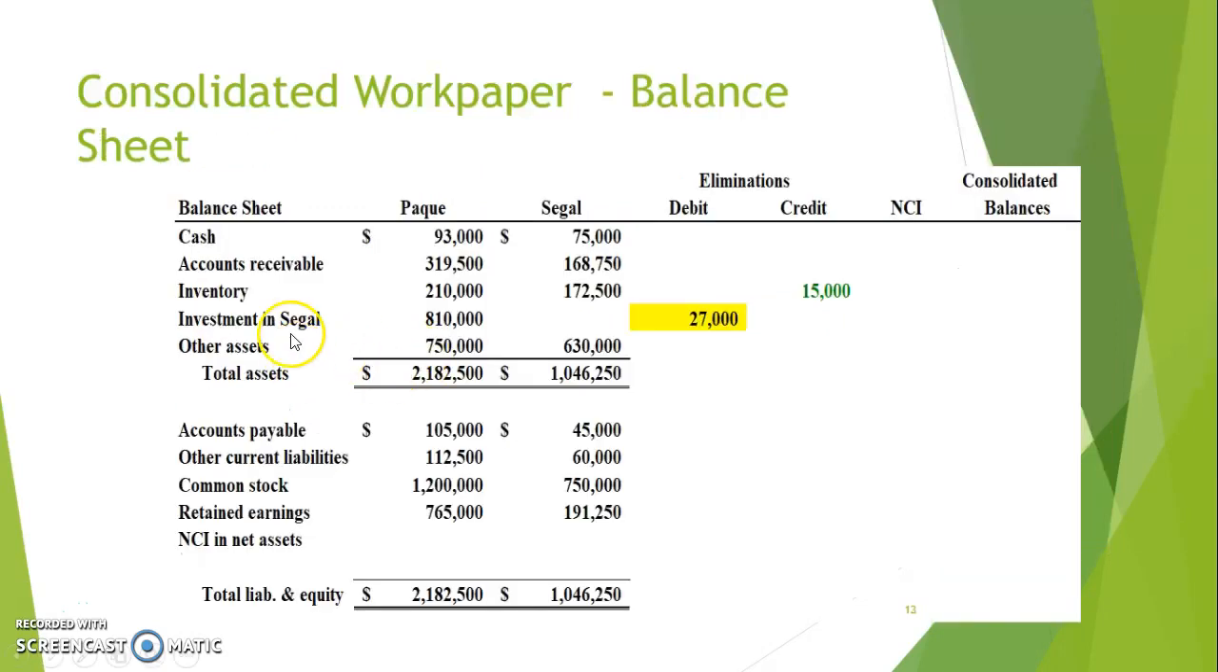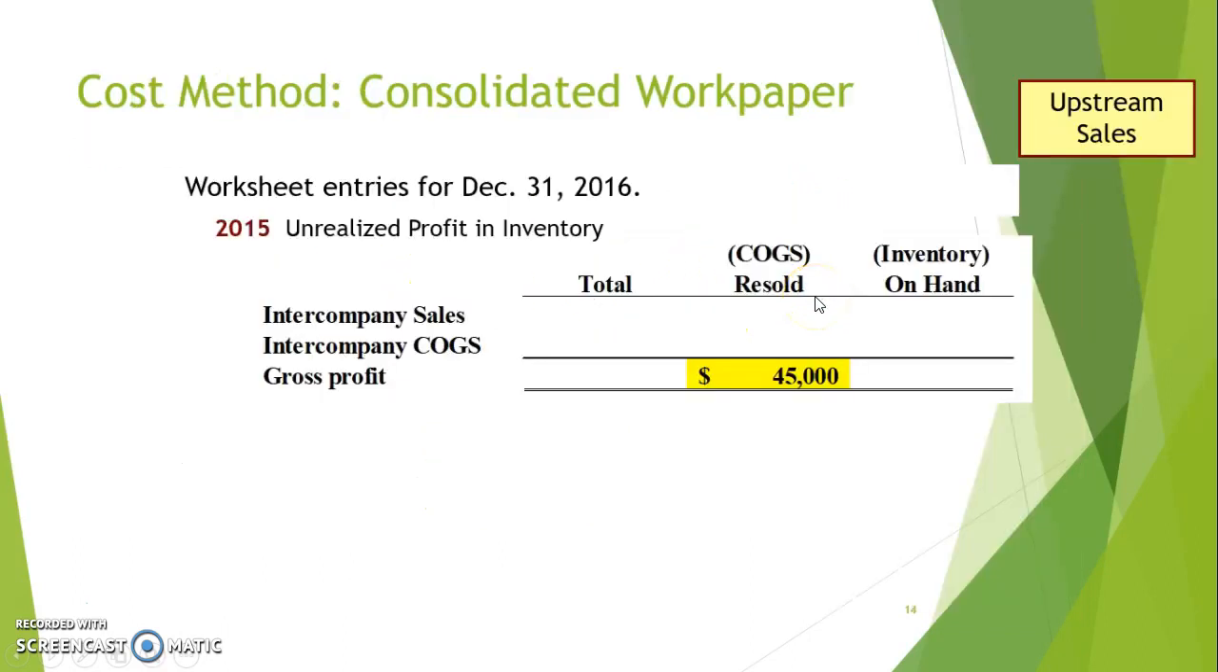And we will go to the balance sheet where a credit is made in the inventory account on the worksheet for 15,000. You would recall that the beginning inventory had $45,000 of profit. So you were given the profit, and that profit, which was unrealized in 2015, is now realized in 2016. Therefore, we would